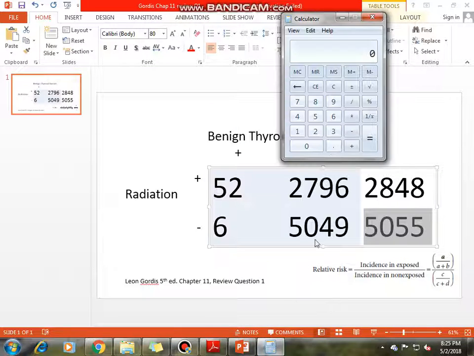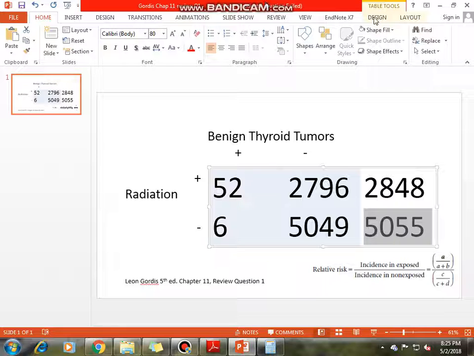So just do the simple calculation. 52 divided by 2848 gives you 0.018579. Take as many decimal places as you like. So just in order to remember,